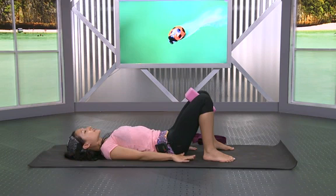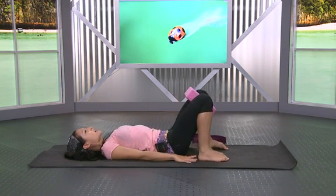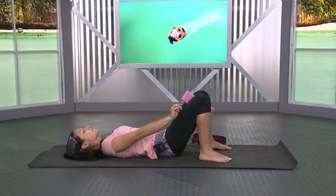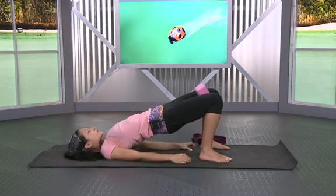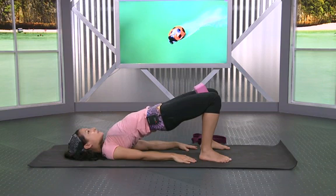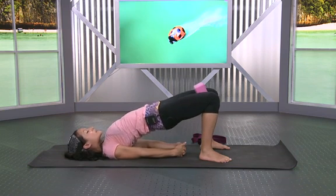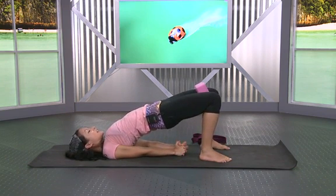Hands flat next to your hips. All right, you wanna walk those heels back just a little bit so you can almost touch them. And then inhale, we're gonna press into the feet and lift your hips up to the sky. So lift your hips up, walk the shoulder blades underneath you a little more, and then if you can, clasp your hands underneath you. Interlacing the fingers, straighten those arms, wiggle the shoulder blades under even more, extend your head out of the shoulders,